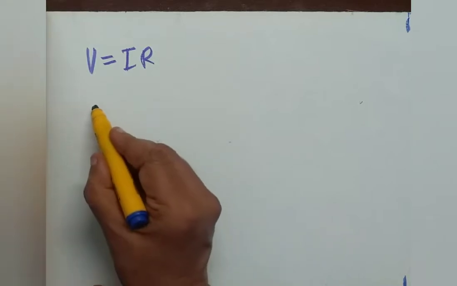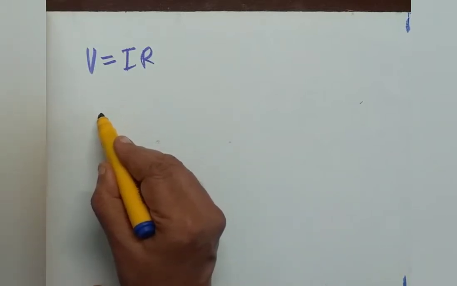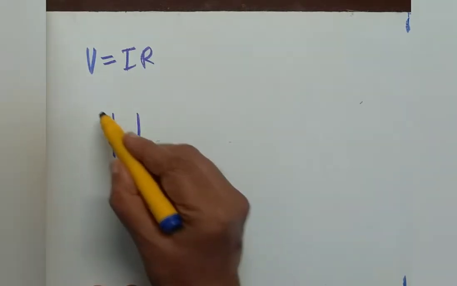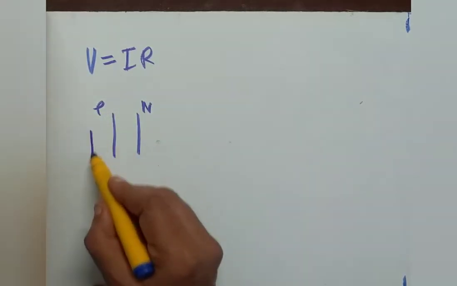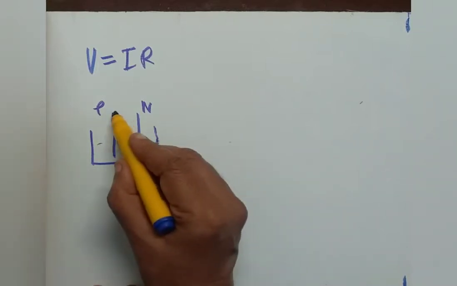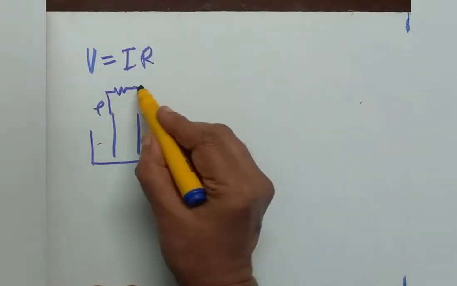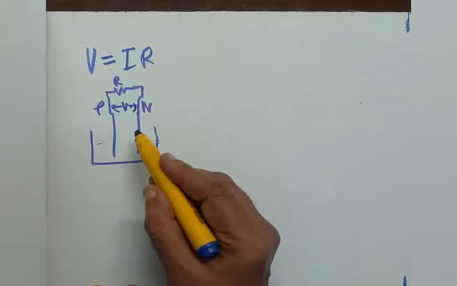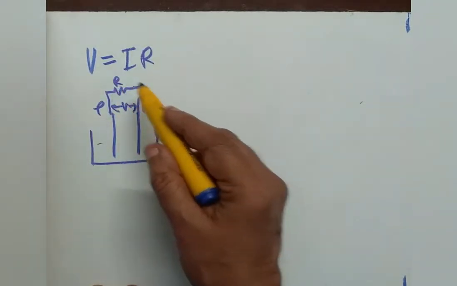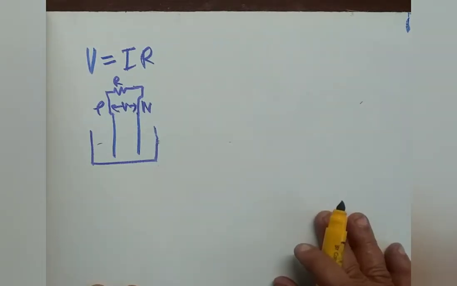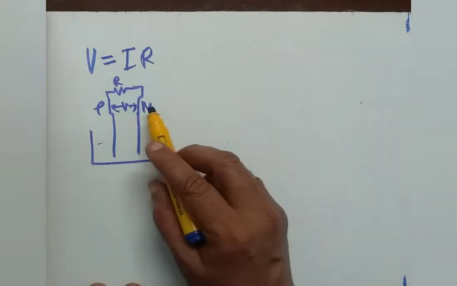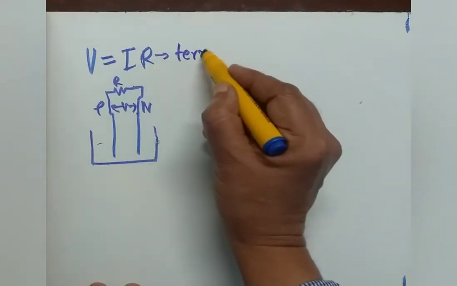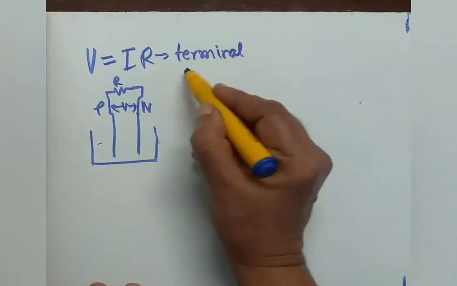R. R in the previous circuit, say it was like this, just observe. These two are positive and negative plates, and this is the electrolyte. There, a resistance is connected like this. We measured potential difference across this. What is also the potential difference across R? That means potential difference across the terminals P and N of the cell. That's why we also call this terminal potential difference.